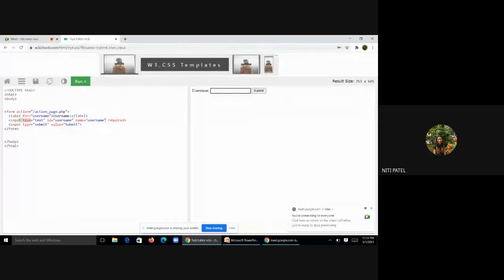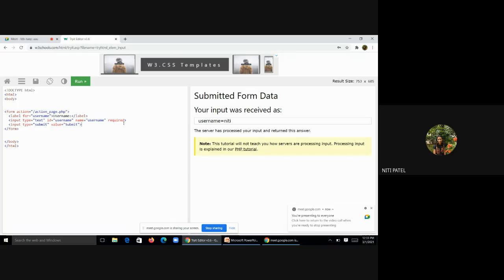So whichever field you want to mark as required, you will write required in front of that input type. So if I don't fill it and I try to submit, see, it is going to show me a message that please fill out this field. Why is it showing that? Because I have mentioned it required. So I have to compulsorily fill it in and then submit the data. If I don't write required, it is going to accept it as blank information, but it will submit the data. But if I mention it required, will it try to submit also?